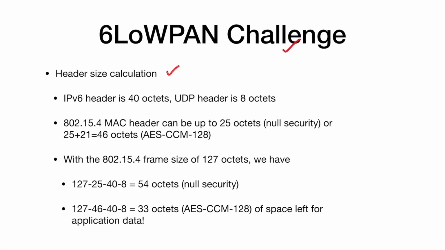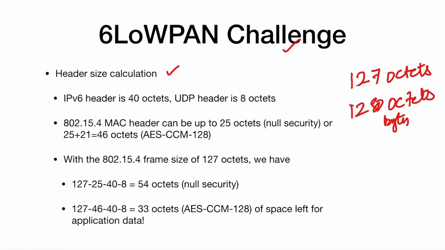As we have already seen, 127 octets are used in ZigBee and IP is using 1280 octets. So IP version 6 is using 1280 octets. Octets means a group of 8, so 8 bits make one octet. In that case, 1280 bytes. Similarly 127 bytes as we have discussed earlier. Now here the IP version 6 header is 40 octets. So 40 bytes is needed for the IP version 6 header.